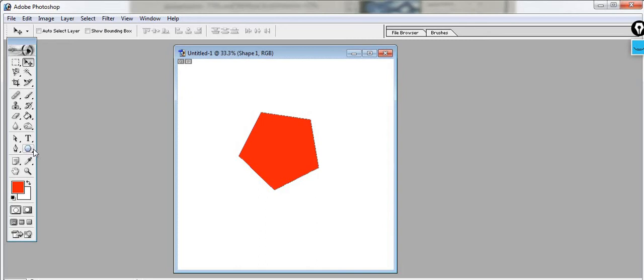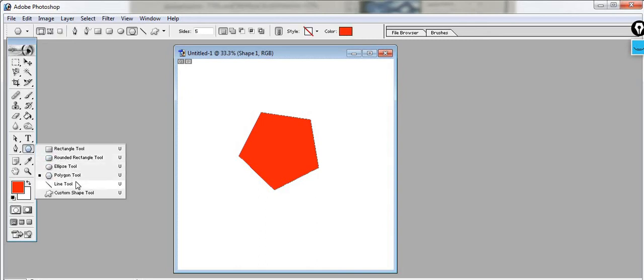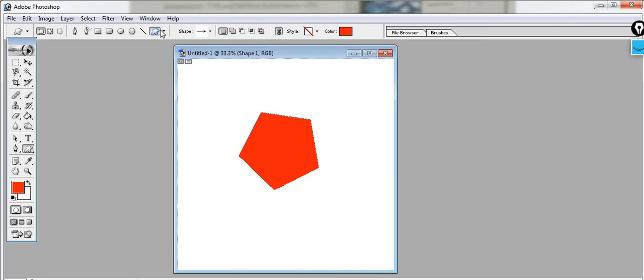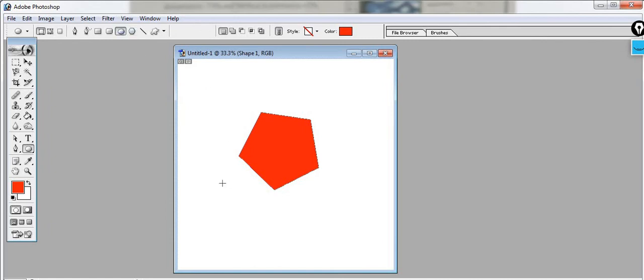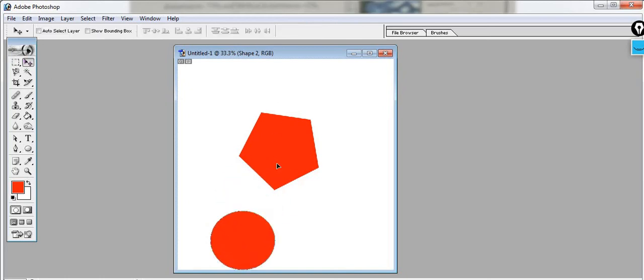So shape tool, using the shape, another shape I want. So custom shape, I can go to this custom shape, and even I can draw some more figures and all. So these are the uses of this. Suppose I want to draw a circle, so let me draw a circle like this. Okay, so this is the use of this shape tools. And suppose I want, wait a minute, let me put it here.